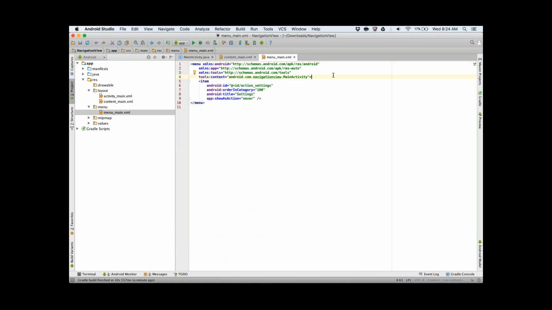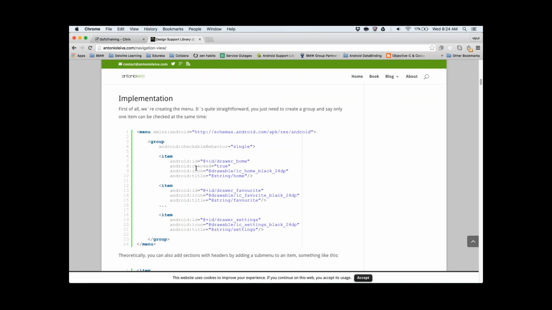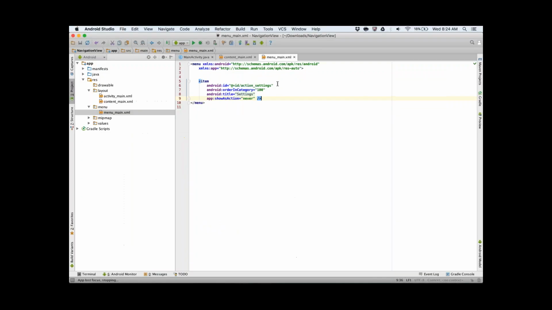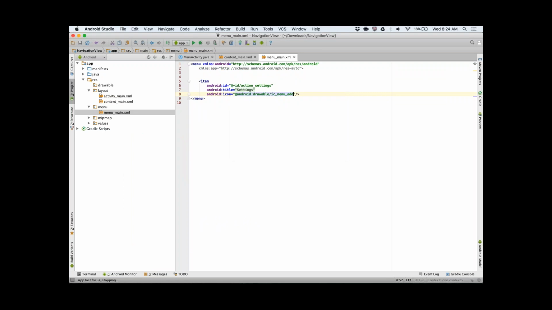You're going to double click on this particular file and add the items that you want to show in the navigation menu. Let's say I want to show 4 items. What you write over there is the ID, icon and the title. So we have ID, then I will define the icon. I'm going to take some of the built-in icons which are available. So let's say ic_menu_add,